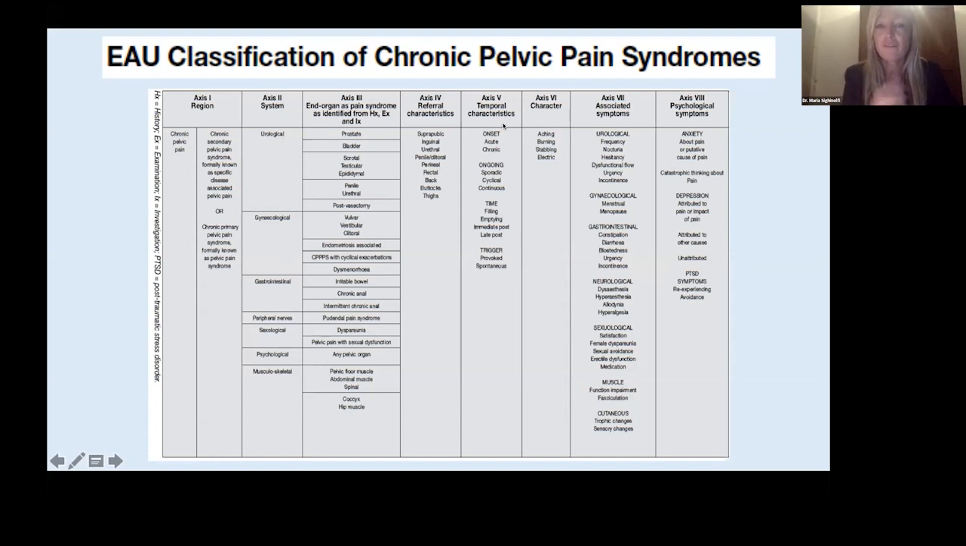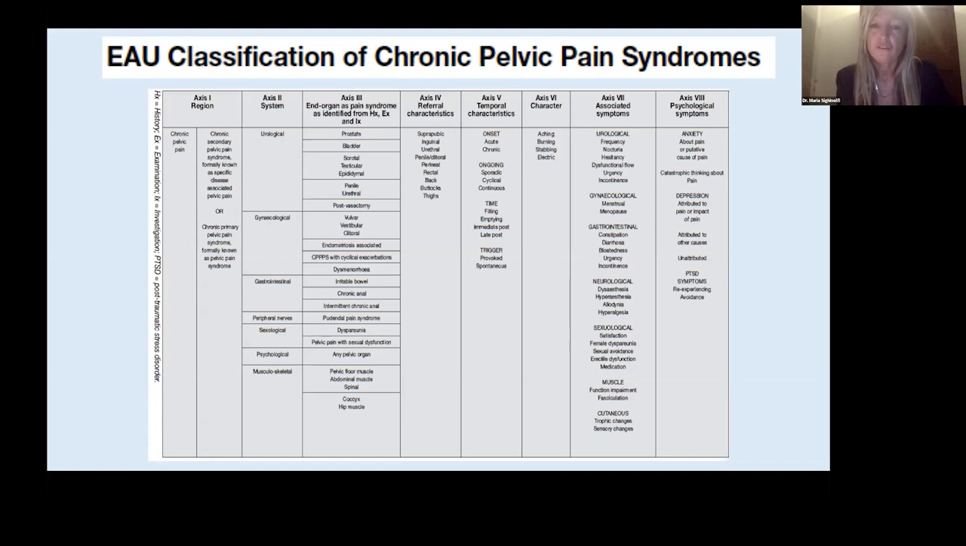For example, chronic pelvic pain syndrome can have an onset that could be acute or chronic. It can be sporadic, cyclical, or continuous, so those are the temporal characteristics. And it can be felt as itching, burning, stabbing, or electric. And as previously said, it can be associated with other symptoms that could be urological, so frequency, nocturia, hesitancy, and